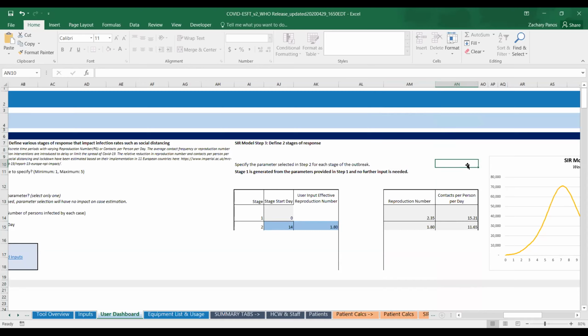But let's presume that within the geography being modeled, something will happen and some interventions will mean that the reproduction number, or again, the number of secondary infections generated on average by one infected person, will go down in some manner and go from 2.35 to 1.8. You could enter any other reproduction number here based on your predictions and your estimations based on the epidemiology of the context or geography.